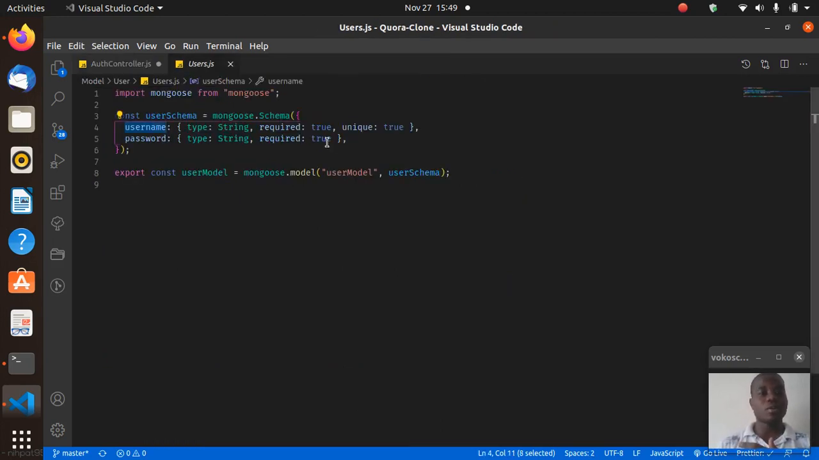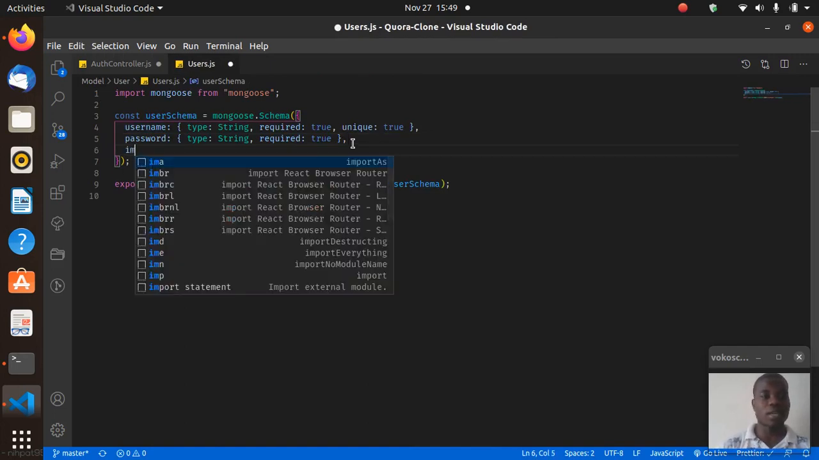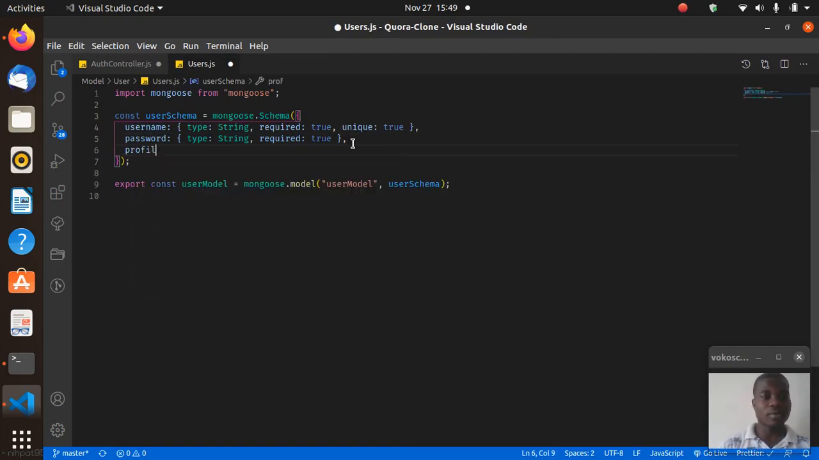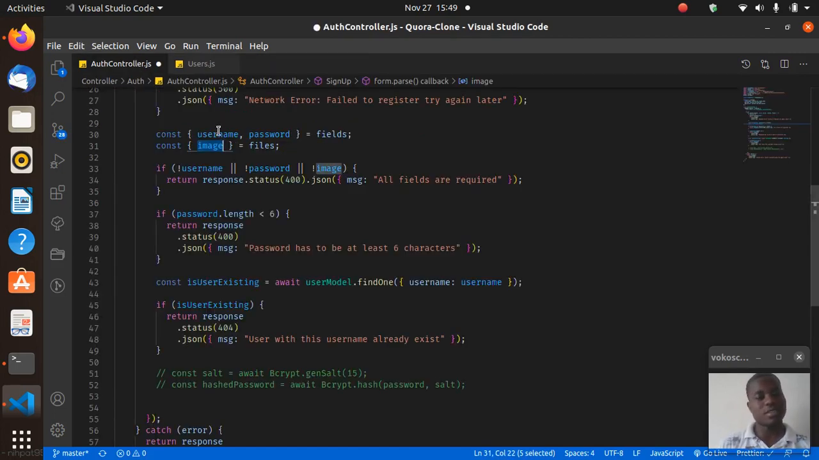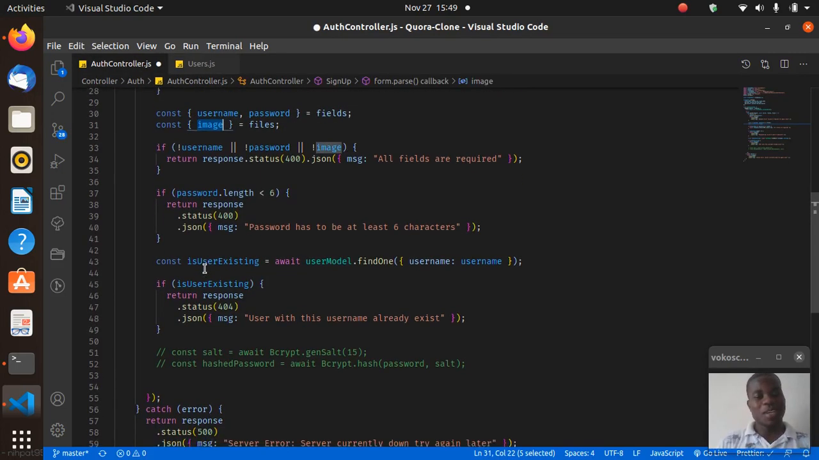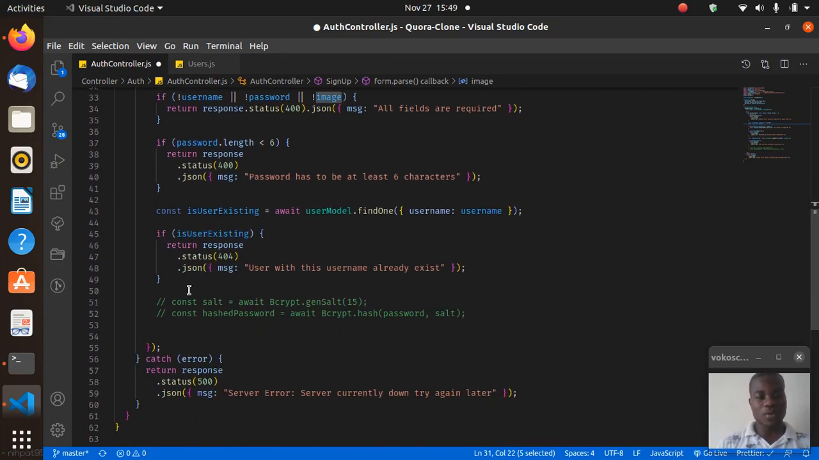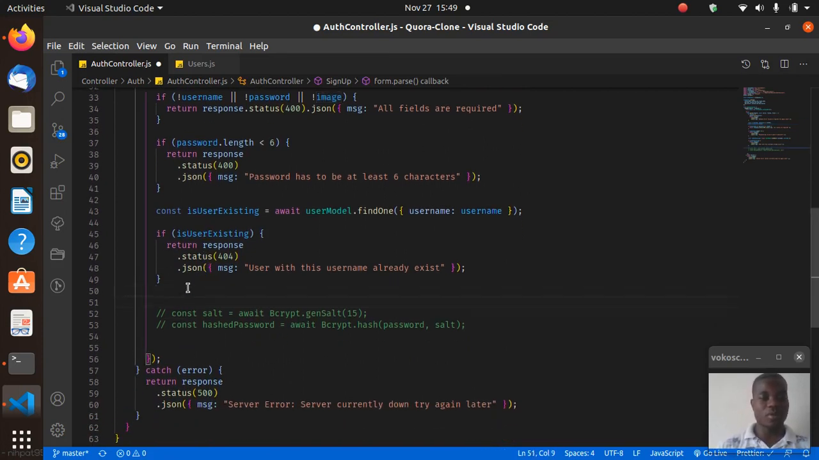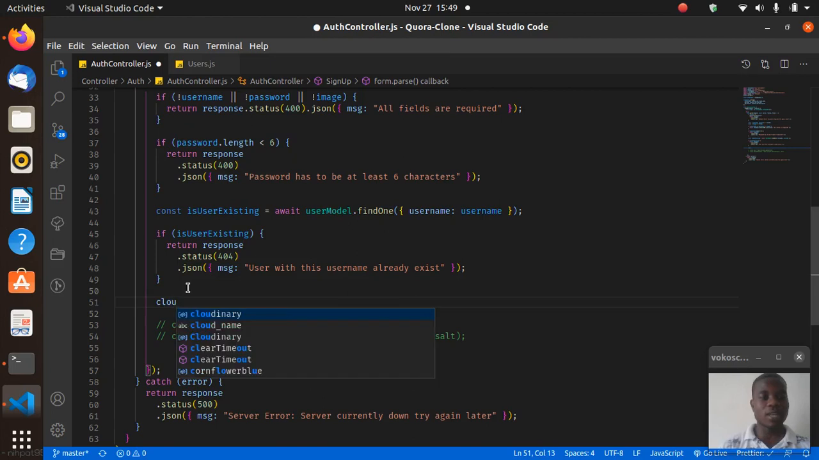And in the user model, this is what I forgot here, to add profileImage, which is a type of string, and we say required true. Our app requires a profile image whether they like it or not. If they don't want to, they just should leave it. So now what we do is, before we get to the most important part, we say